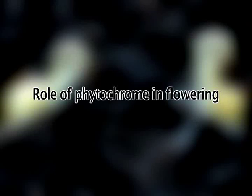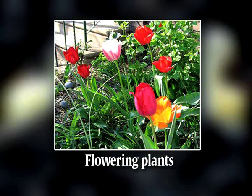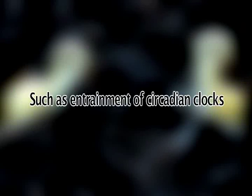Now we will discuss the role of phytochromes in flowering. Many flowering plants use phytochrome to regulate timing of flowering based on length of day and night and to set circadian rhythms, which also play a supporting role in regulating floral transitions, such as entrainment of circadian clocks. Nevertheless, it has long been thought that phytochromes are essential for day length measurement in many other plants based on numerous